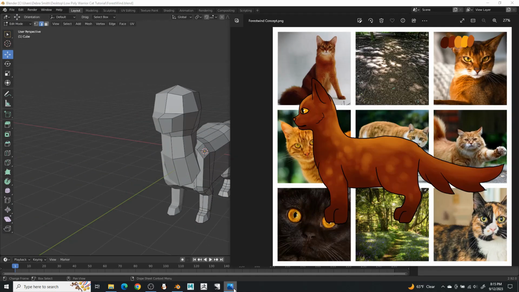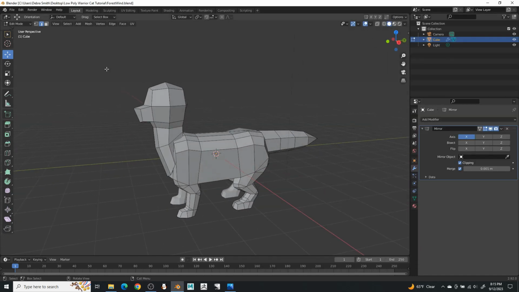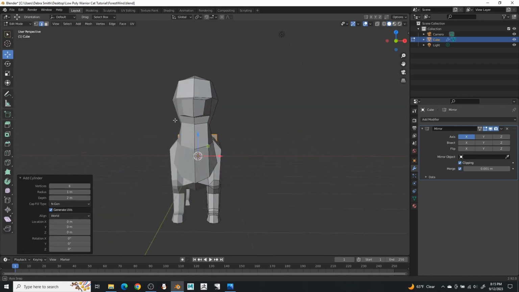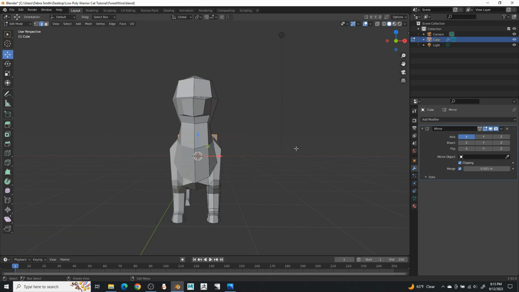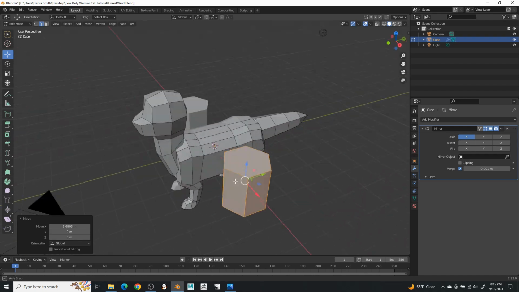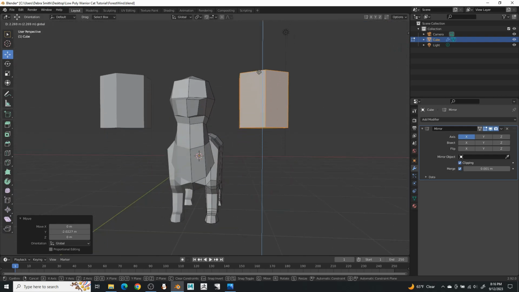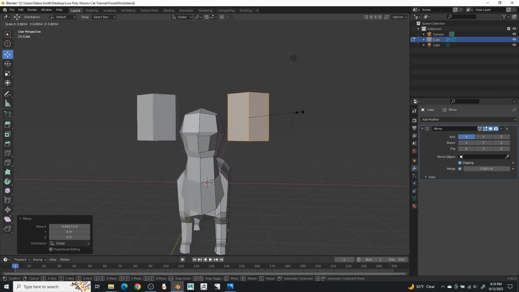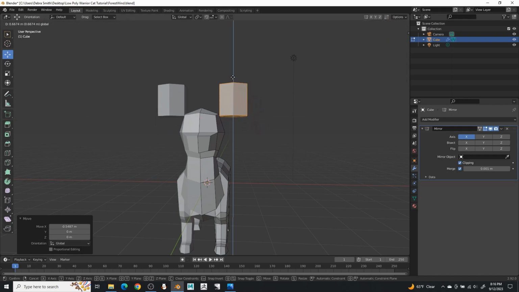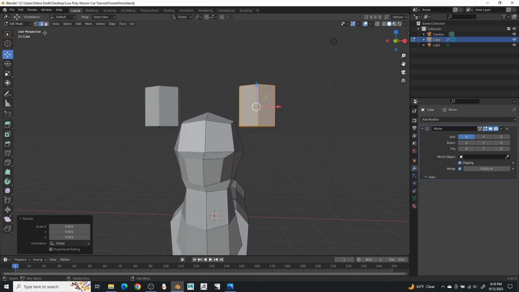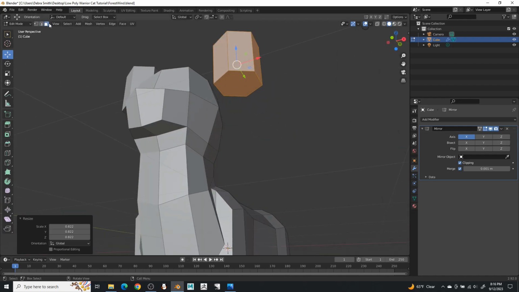Now, since this is a cat, we should add the ears. What I like to do is add a cylinder. Once again, have it at 6 vertices. Uncheck clipping. Pull it to the side so that you have 2 ears. Then you can recheck clipping. Pull it up to the head, shrink it down until it looks to be about the right size, and select